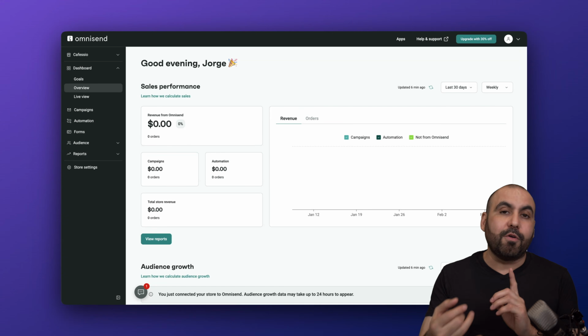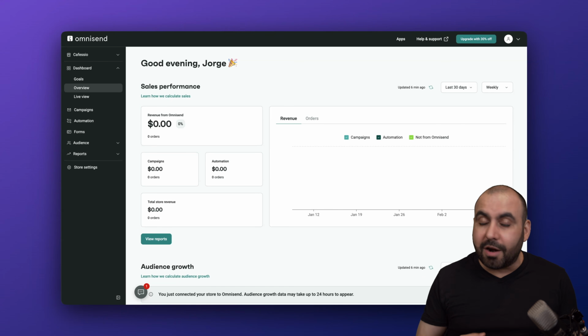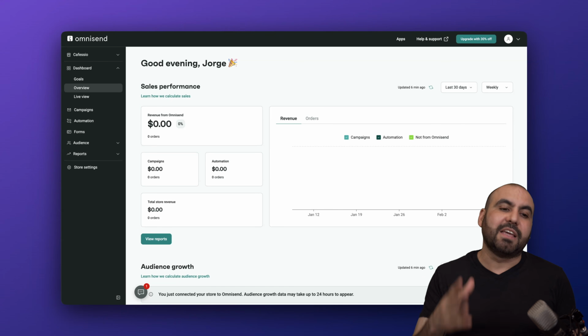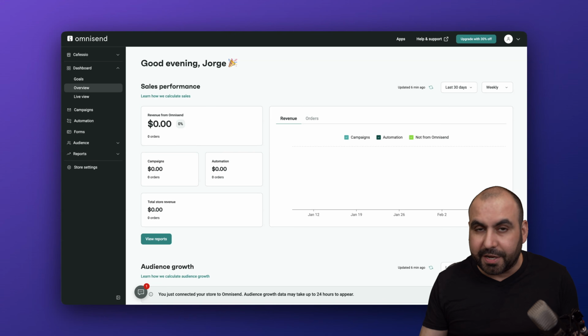I'll be able to send out email campaigns, SMS, and set up emails when someone abandons a cart, and it is just super easy to kick off automations and have a clear view of everything that's going on in my store. Let me give you a quick example of what I've accomplished and what you can accomplish super easily in less